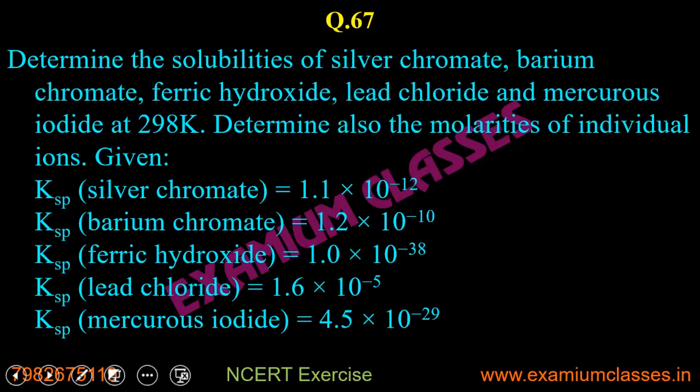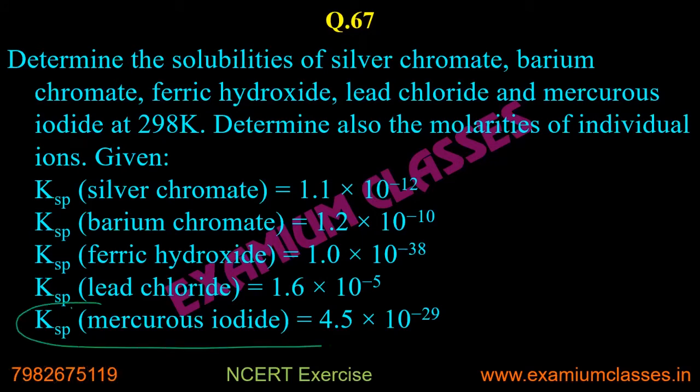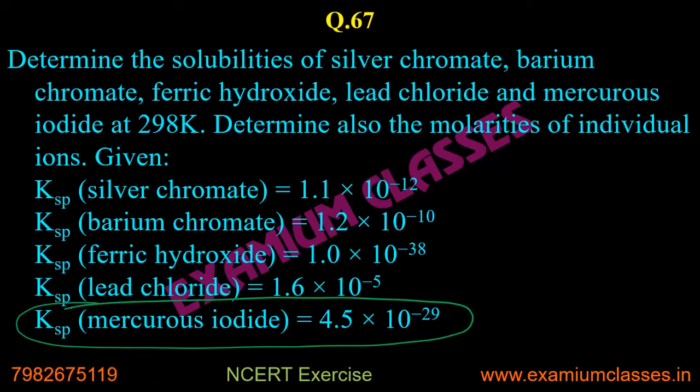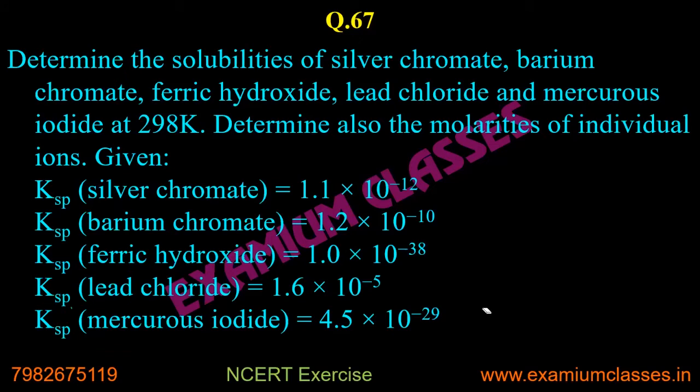Similarly, if you want to calculate the other ones, it will be almost the same thing, except here you have some tricky part. The other ones will be exactly the same, so I'm not going to explain too much here. However, I can just tell you the reactions, since sometimes you are not able to write them. For barium chromate, it will be BaCrO4. Barium has valency two, so it will not be 2 here. In the case of Ag, it was Ag2CrO4 because chromate has a charge of minus 2. That's why it was 2Ag plus and CrO4 minus.